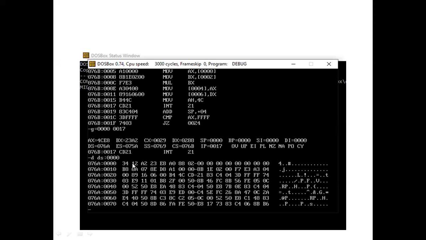Here the first number is 1234. We know how the number is stored in the location: first the LSB followed by the MSB. The second number here is 23A2, so we go with A2 followed by the MSB. When these two numbers are multiplied, we get a 32-bit product. We don't have a 32-bit register, so we take two registers. By default the value will be stored in DX:AX. So the actual number is 0288A0E8.